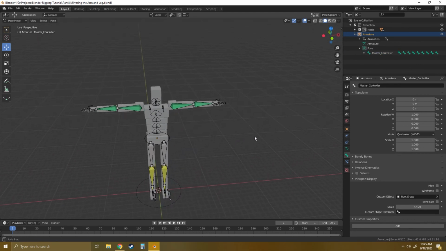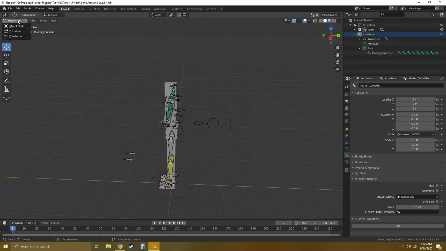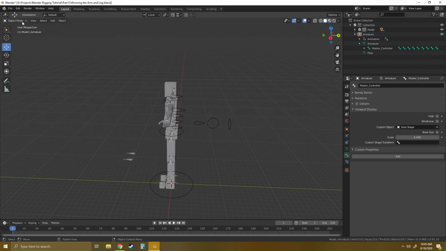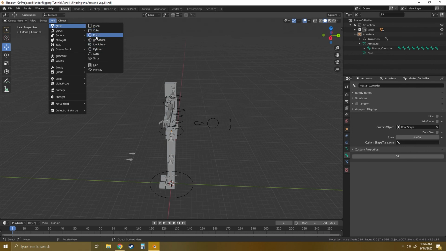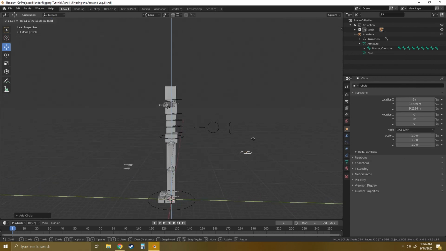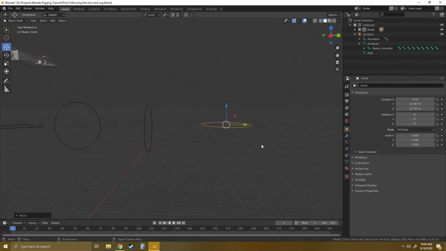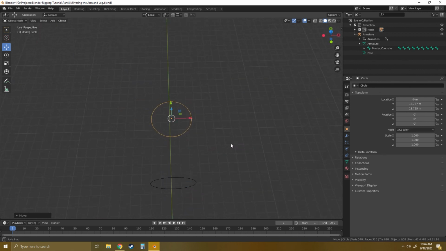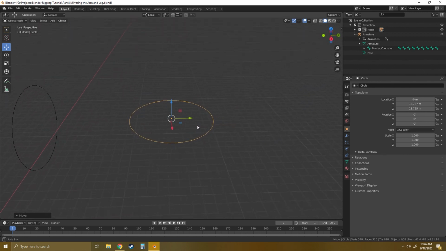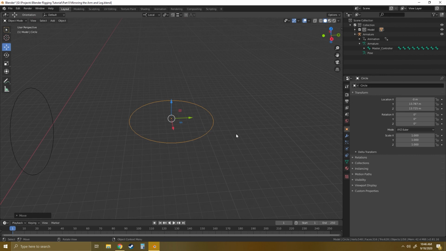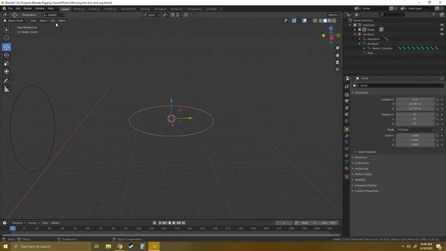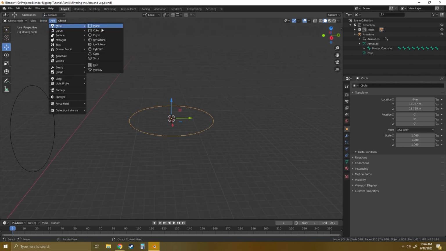Let's make a controller for our IK poles. Back in object mode, we can add mesh circle. Put that up here about. Let's zoom in on this. I like to make kind of a ball shape for my IK poles, so I'm going to just move my 3D cursor over to here. Shift S, and we're going to do cursor to selected, and then we can create another circle,